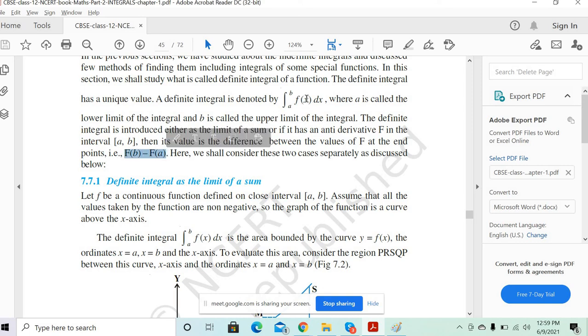That means when you integrate the small f of x, it becomes the capital F. Okay, that means you get an altogether new function, isn't it? So that's why capital F. Then you substitute the x value as b, minus you substitute the x value at a. Then what will be the answer? Understood this part?